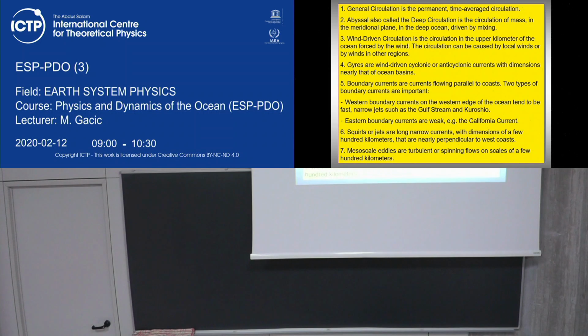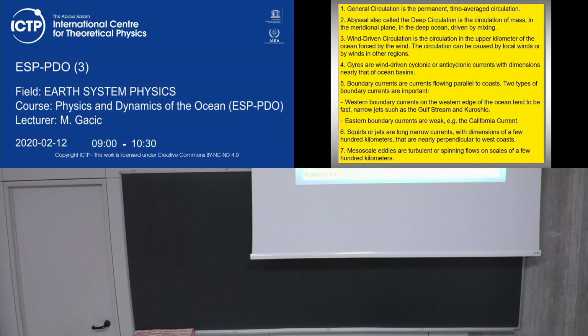Then on the other hand, we have eastern boundary currents, which are relatively weak, but very large. They are large, on the order of 1,000 kilometers, because they are representing the return current with respect to this narrow boundary current which flows northward. The return current, the eastern boundary current, is rather large, rather wide, but with very